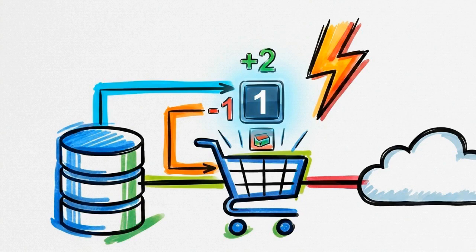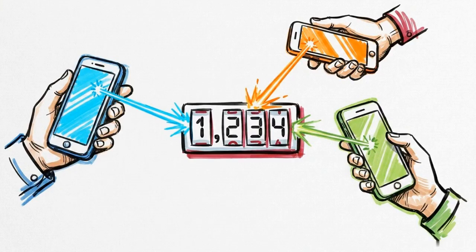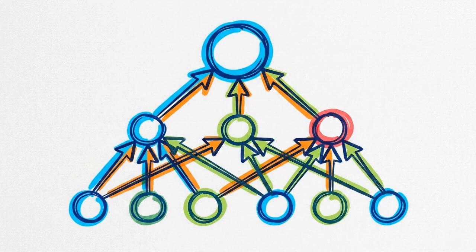To manage the quantities of those active items, the OR set is paired with nested positive-negative counters. These PN counters separate increment and decrement operations, accurately tallying final item quantities even when multiple devices adjust the count concurrently. Together, these structures ensure that all state transitions form a joined semilattice. The operations are mathematically commutative, associative, and idempotent.